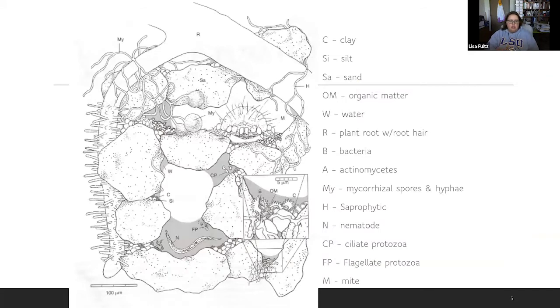So this is a stylized diagram of what's going on in the soil. You can see we have our sand, silt, and clay, so our big pieces of sand, and then our silt and clay and our smaller components here in the profile. We see a plant root growing through there with all of its lateral and smaller roots coming off. Saprophytic fungi is fungi that's feeding and living off of dead and decaying material. So that's here wrapped around this root, collecting exudates that are coming off and using the byproducts of bacterial degradation,